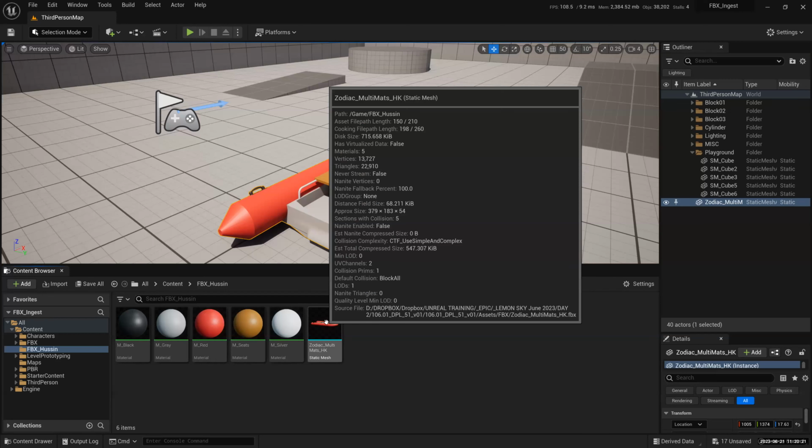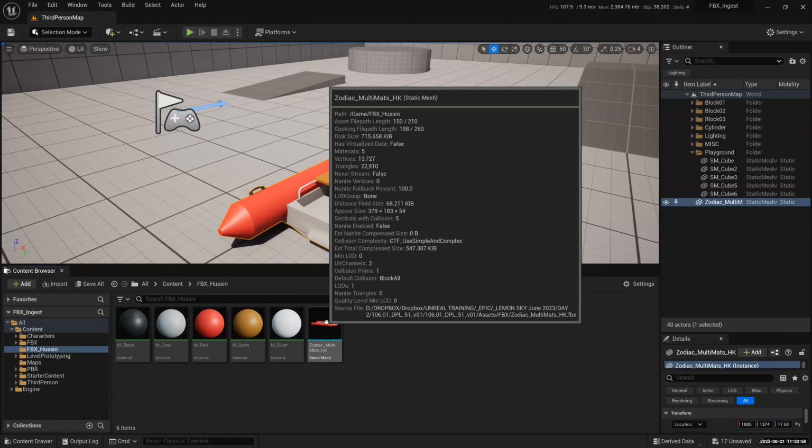Do you guys know what LOD means? Some people say LOD, you know, level of detail. Are you familiar with that? If you're not, let me know. Otherwise I would assume that you know, because you guys come from a gaming company and probably know all this stuff even at school. For people who do not know anything about Unreal Engine or 3D, they will wonder, what is LOD? What is a UV channel? It has 2 UV channels. It has a default collision of Block All. That's the next topic we're going to talk about.